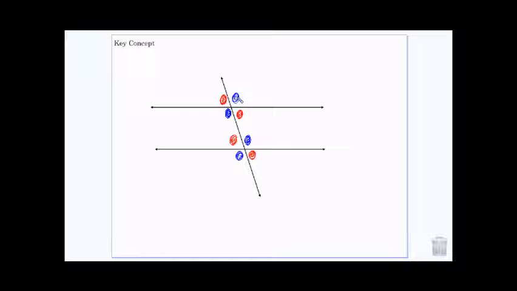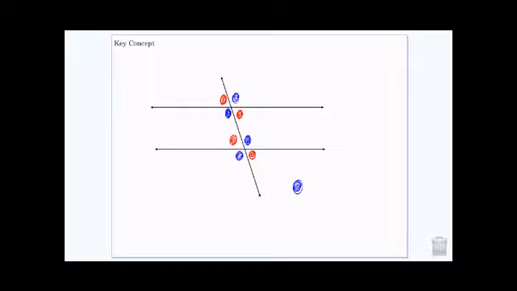So if you make this pattern every time, and you don't have to use color, you could use a star and square or circle and square or something, but if you make that pattern, you know that all the ones that match will be the same. So all of these red ones are going to have the same measure, and all the blue will have the same. And then